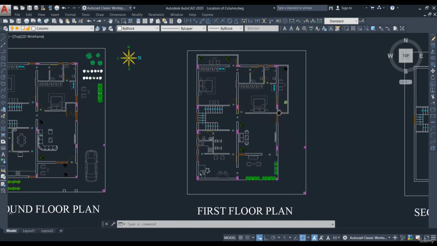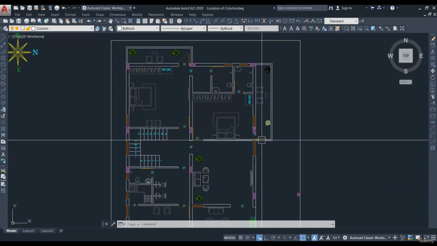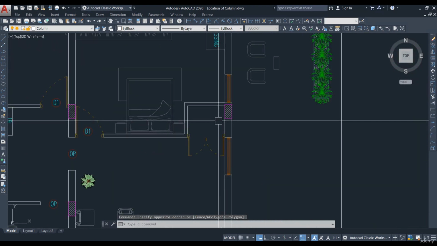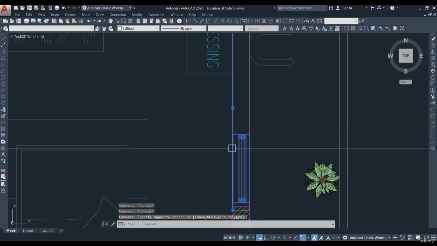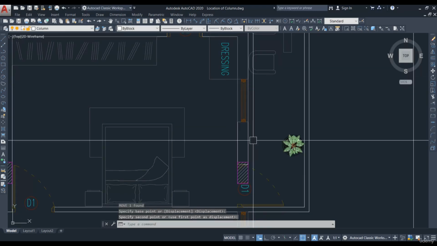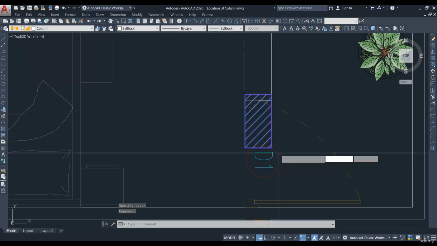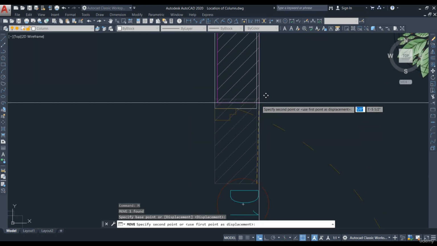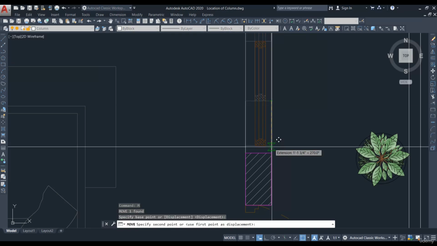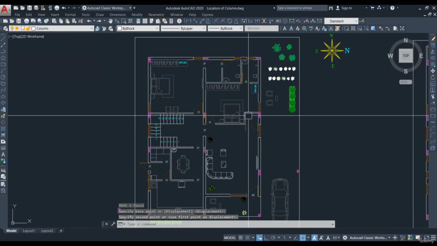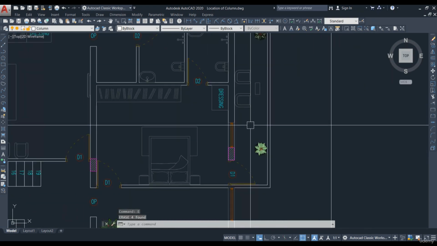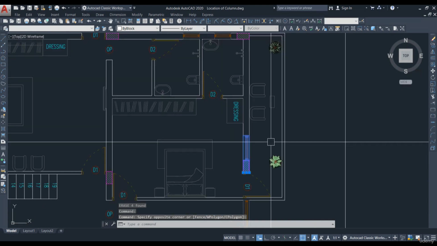Next, coming to this area, all the columns are okay, and here if you see, this column is coming in the door area, so we can just move this window here, and then we can just move this column over here, and after the column we can just keep the window like this, and the same can be applied here. Let's delete this, copy these two things,